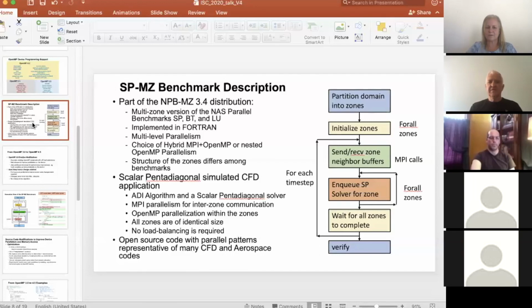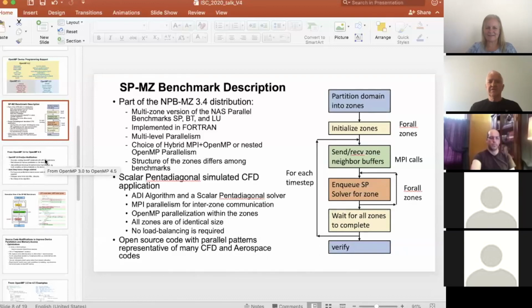It is important here to point out that the SP-MZ is designed such that there are many, many even-sized zones. So lots of parallelism available on the coarse grain, and there are no load balancing issues between the zones. It should perform best employing only coarse-grained parallelism. And this actually came back to bite us. But I'm not the one who will have to talk about this. That will come later. So I just want to go on now and explain about what approach we